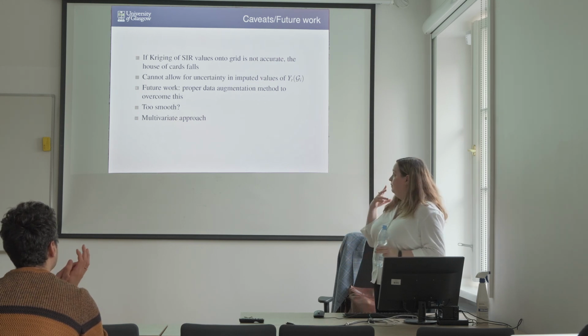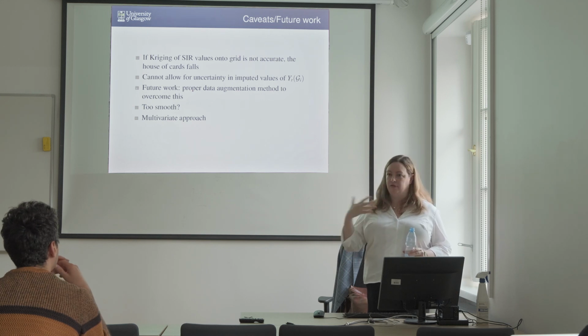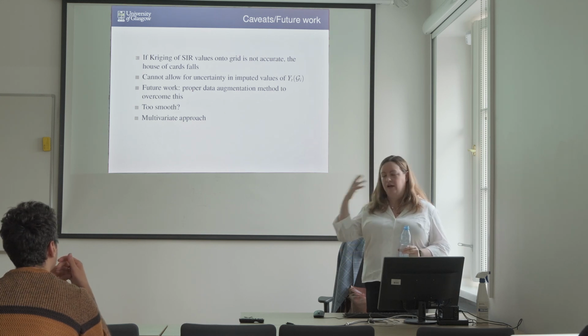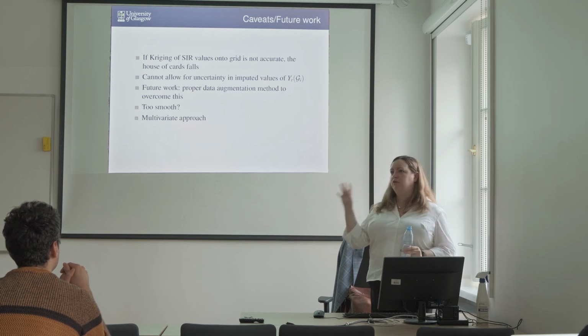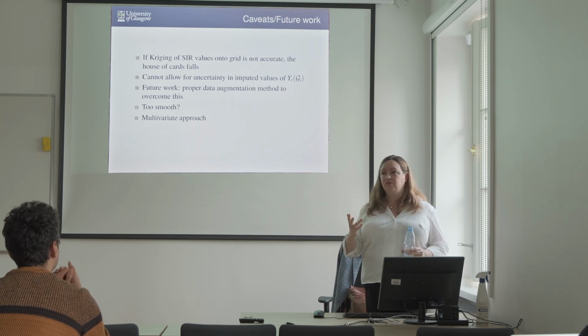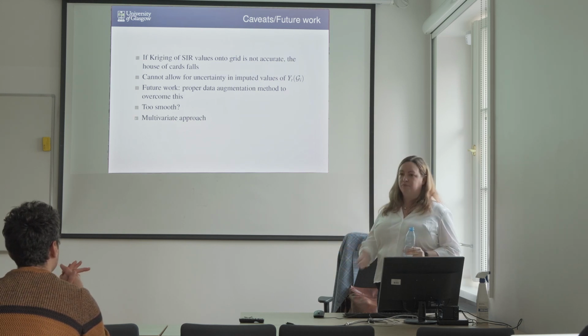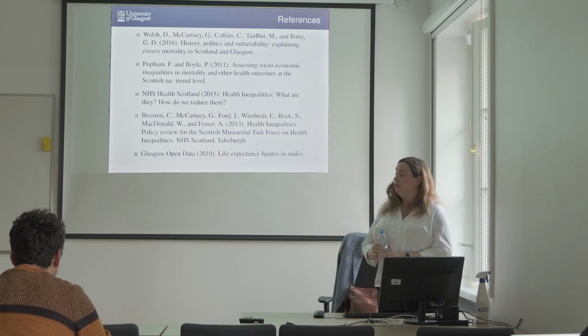Then, of course, you want to think about more than just one disease, right? These things are correlated, so you want to think about stroke, you want COPD, heart disease, those sorts of things. So you want to think about a multivariate approach, because you could estimate these things for each one separately, but there's definite connections, given that social deprivation is probably driving all of them. That's not entirely surprising. All right, so references,